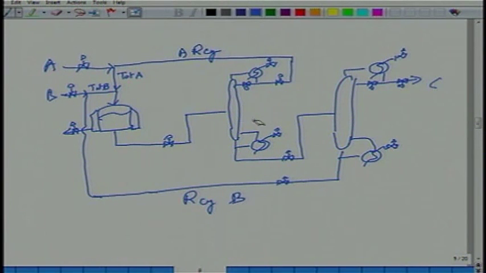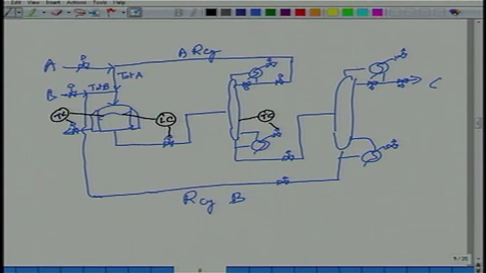Oh man, I should use some other color. What was I using? Black. Red. Well, whatever. This must be there because this prevents A from leaking down the bottoms. Yes or no? This has to be there and it has to be controlled real tight. As far as the rest of the stuff is concerned, let me just draw what comes to my head and then I'll explain whatever I'm doing. Of course, temperature controller for the reactor, that's pretty straightforward.